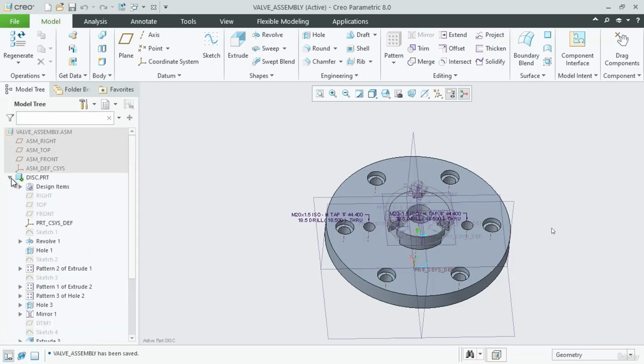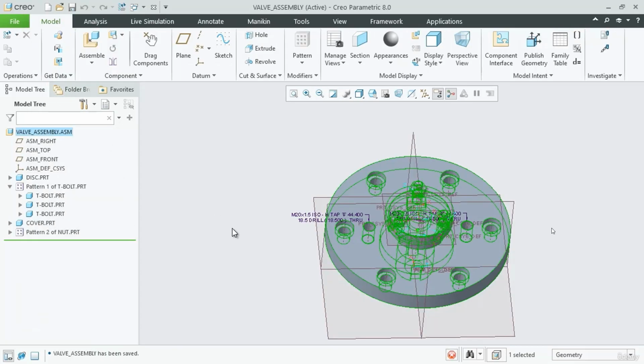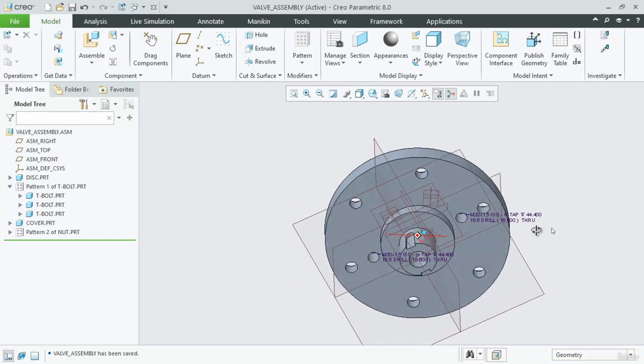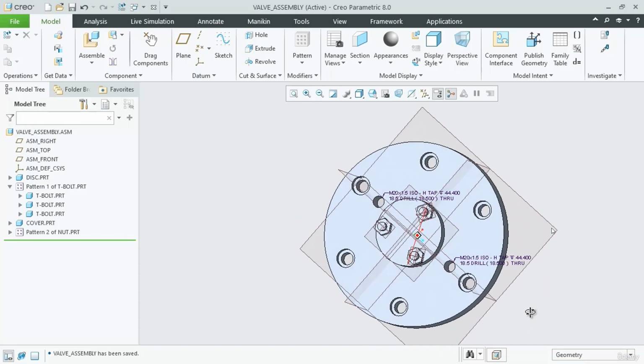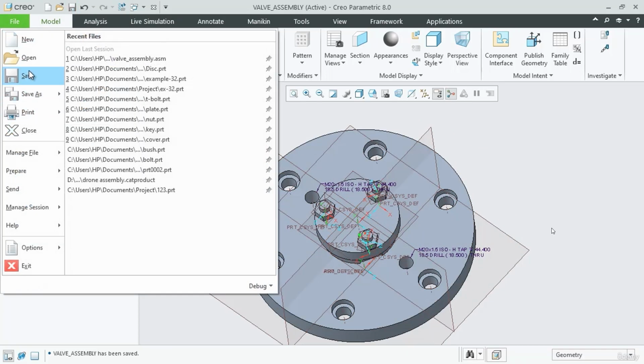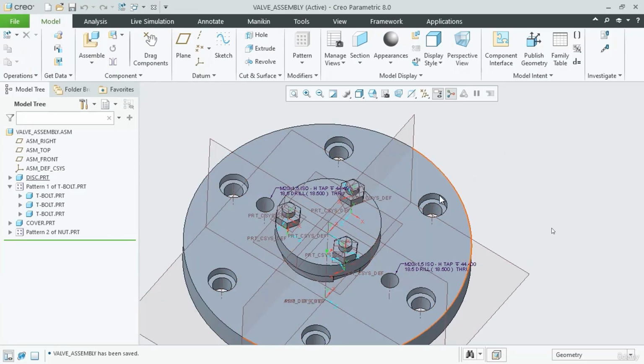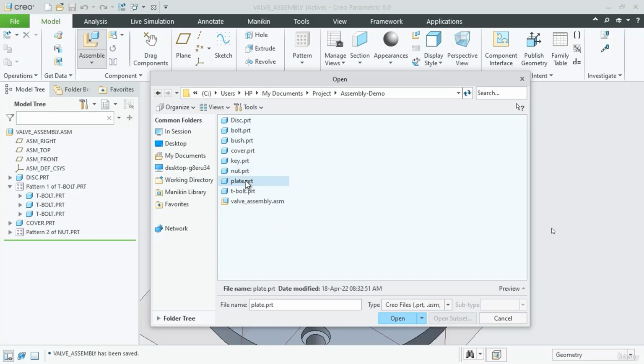We can go for saving it, and then we'll close this and select this and activate to activate the entire assembly. You can see now the holes have been made through. So this is the disk that we want. Now save this file again, and remember, we have made changes on the disk here. It will take these changes and save it in your disk file. So you need not worry about modifying the original file. It will get modified automatically. Now let us assemble